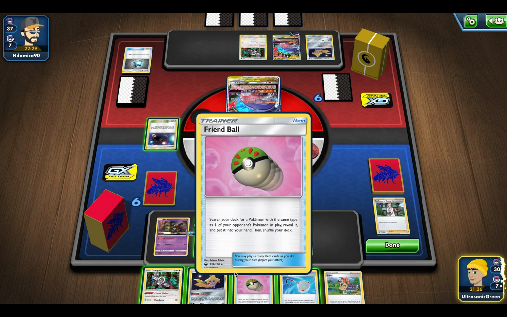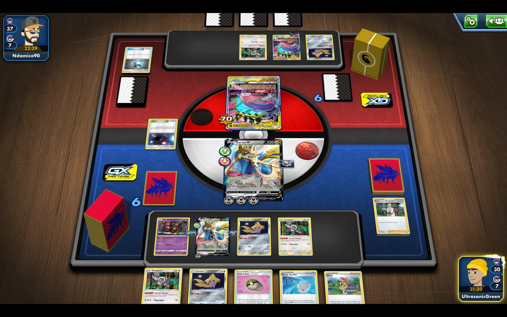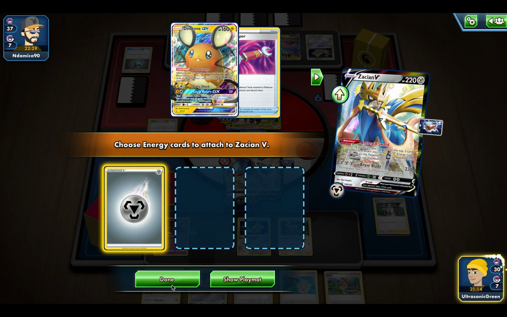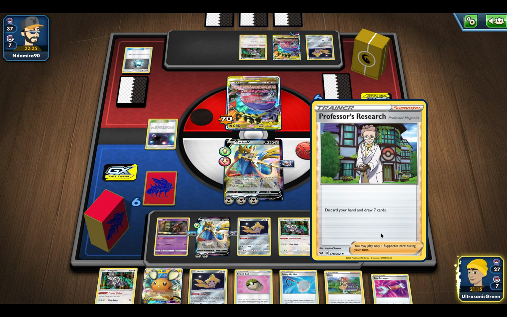I could Scoop Up Net one more time, but I really don't want to do that. And I guess you just Intrepid Sword, right? Yeah, that's fine. It's really annoying. We're just going to lose all our damage counters. We do find Tool Scrapper, pretty useless. They don't really have any tools on board, so...